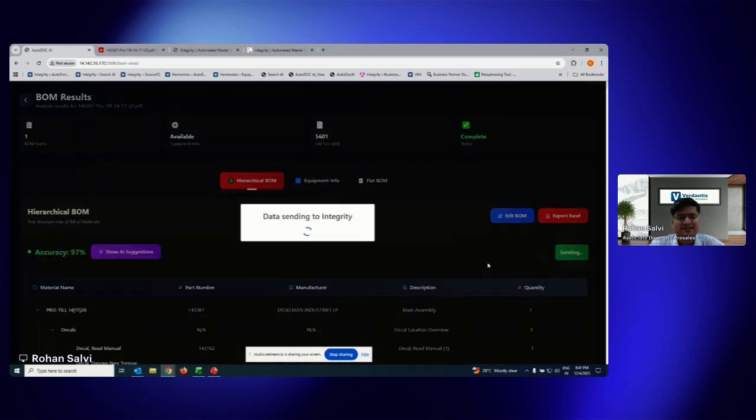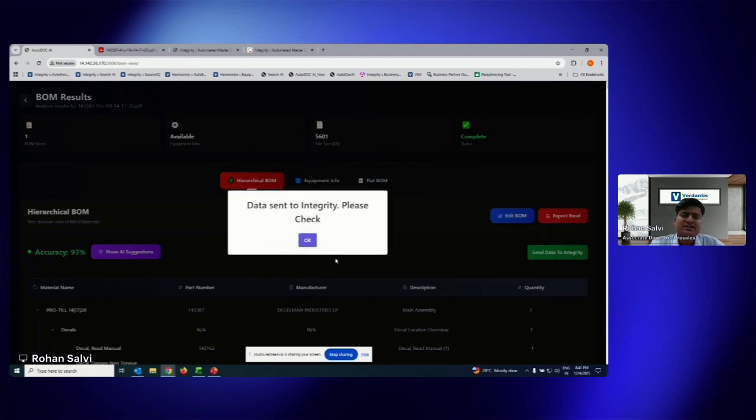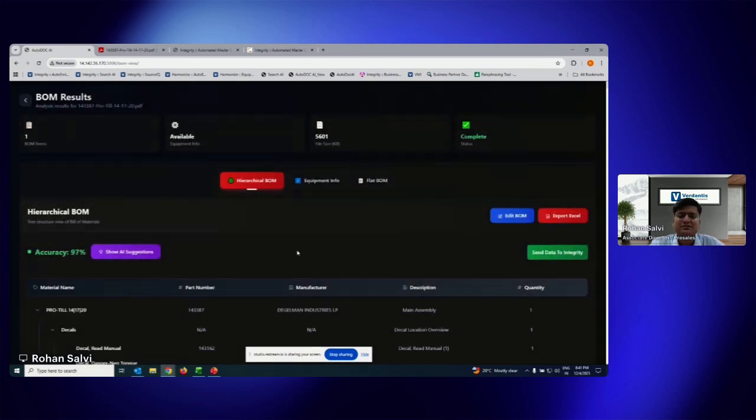As soon as I send this data to our governance platform, a report is triggered there which performs analysis to identify which parts are new to my master data, which parts already exist, how do I create the parts, and is there any potential improvement in the existing parts observed based on this catalog. All of this information can be viewed in the governance platform. I'll also cover that once we are through with AutoDocAI.